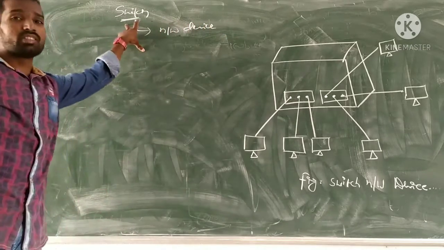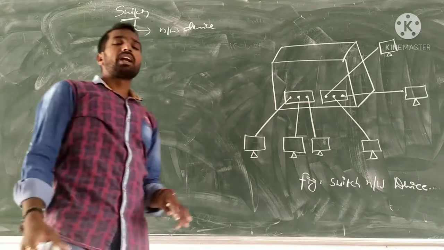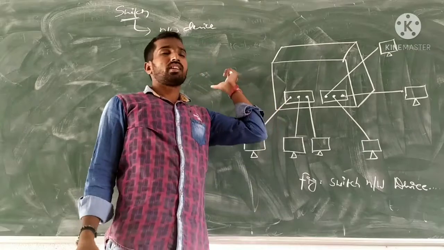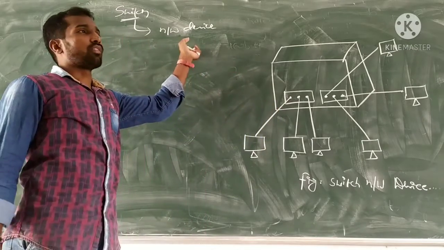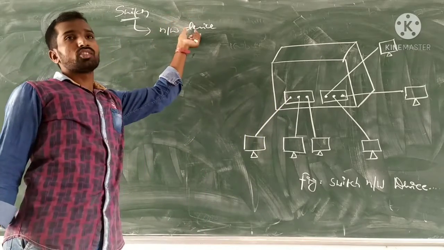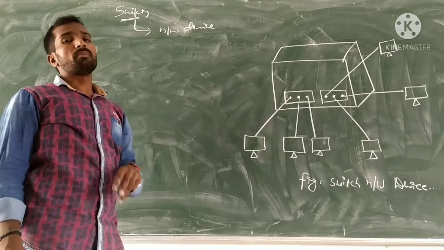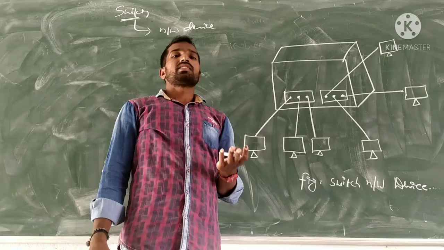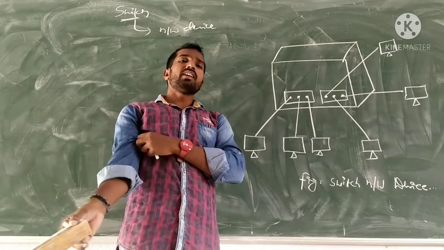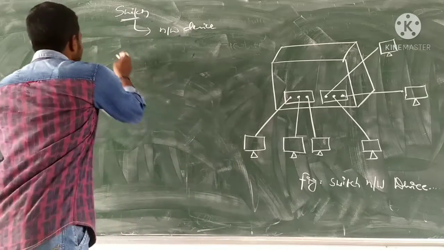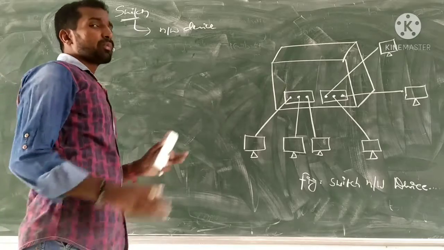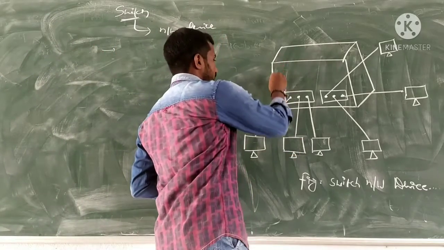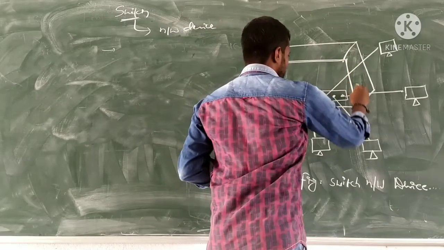This network device is used to connect multiple computers at one place with the computer network. This is the network which is used to send messages from one place to another, that is, from the source or sender place to the receiver or destination place. And it connects the multiple computers to the network by the switch. This is the switch.